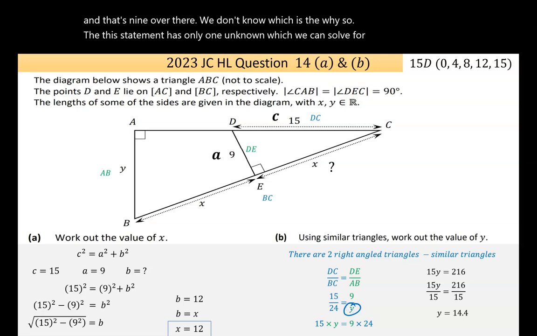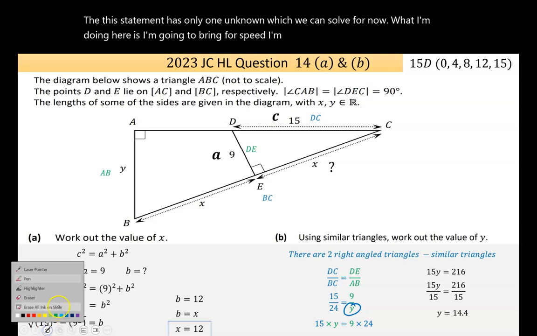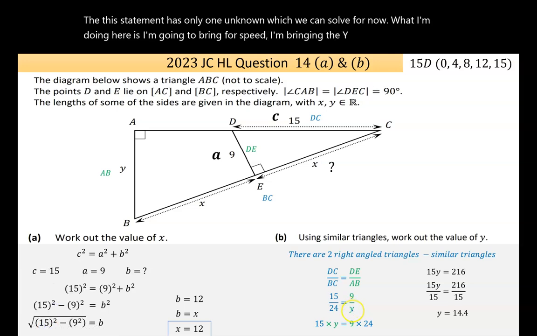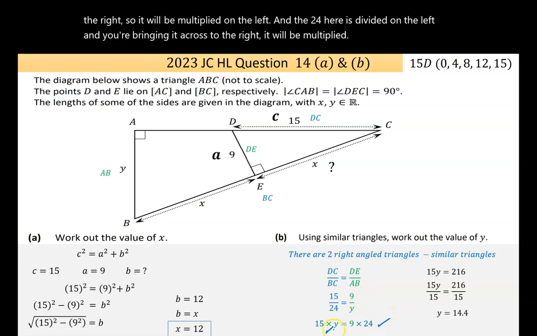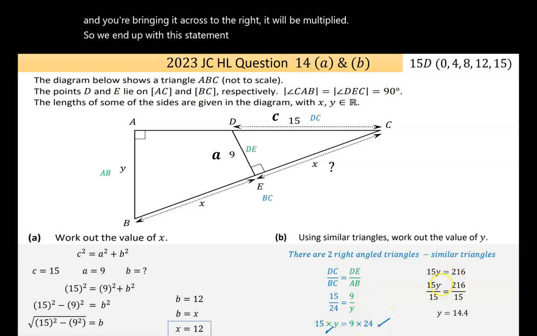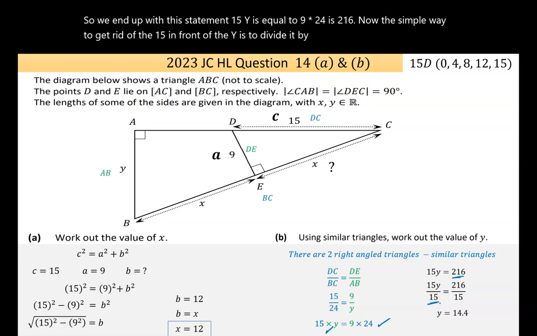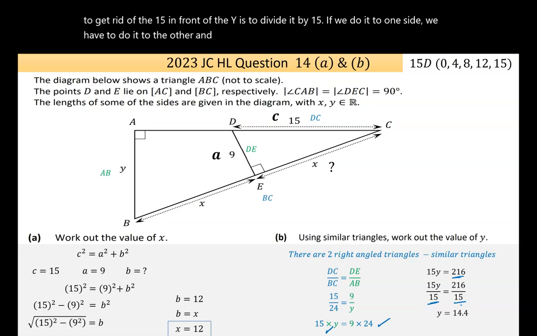Now, what I'm doing here, for speed, is bringing the y across. It's divided on the right, so it'll be multiplied on the left. And the 24 here is divided on the left. When you bring it across to the right, it'll be multiplied. So I end up with this statement, 15y is equal to 9 times 24, which is 216. Now, the simple way to get rid of the 15 in front of the y is to divide it by 15. If we do it to one side, we have to do it to the other, and then we're mathematically correct. So 15 divided by 15 is cancelled, and you're left with 216 divided by 15,